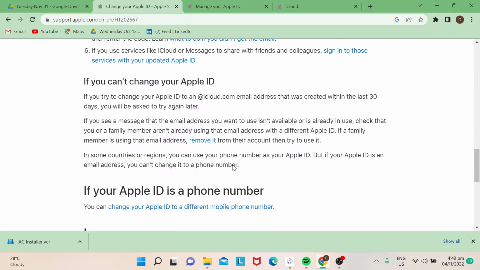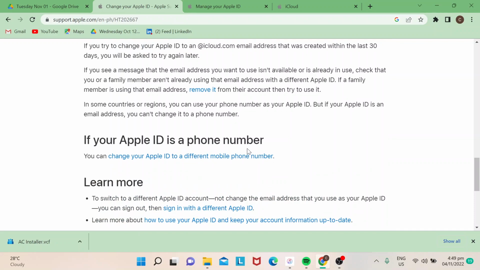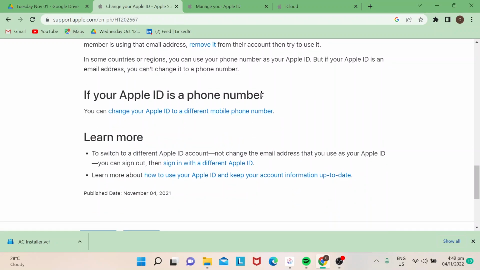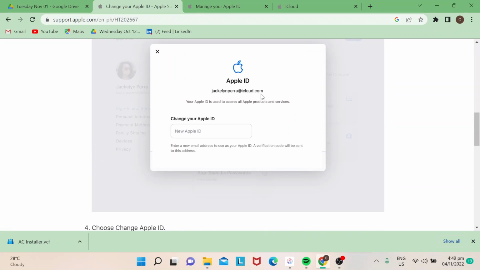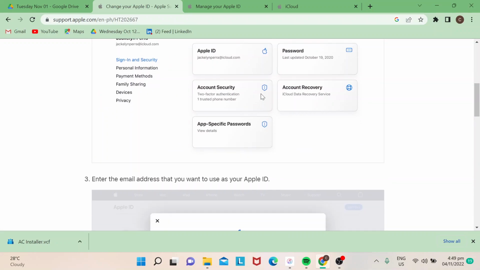So here there are some reminders for you as well. Again, you could always go to support@apple.com for step-by-step instructions, and if you want to learn more about iCloud,